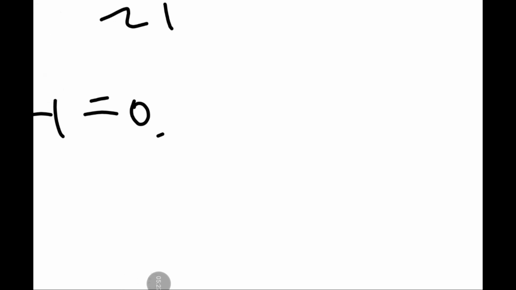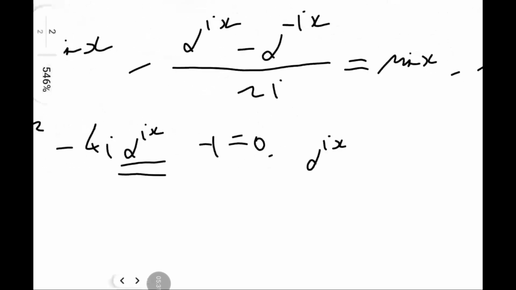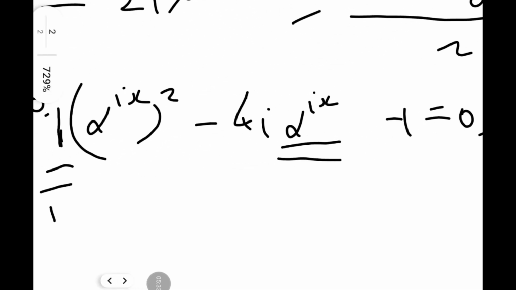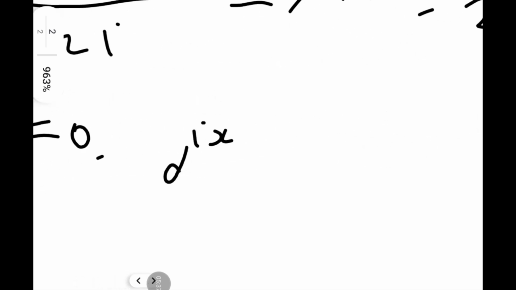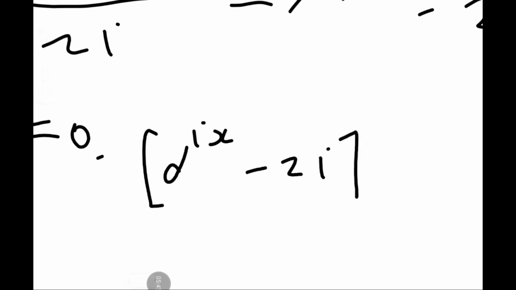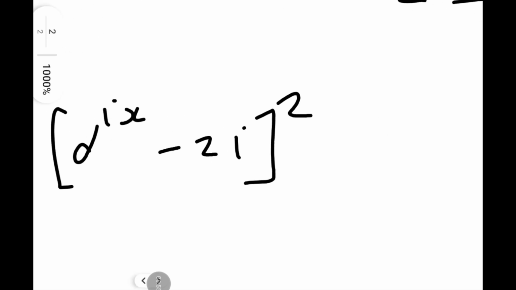Let's just do e to the power of ix, and as you can see, you're going to halve this term, minus 2i, squared. Now there's one difference. When you expand that out, you're going to get e to the power 2ix minus 4i e to the power ix, which we have. And then you're going to have the last term, but it's not going to be plus 4. It's going to be minus 4, as we know that